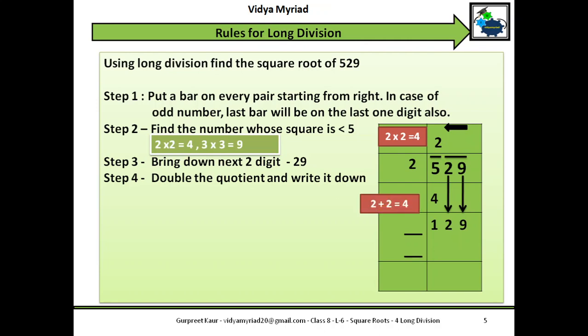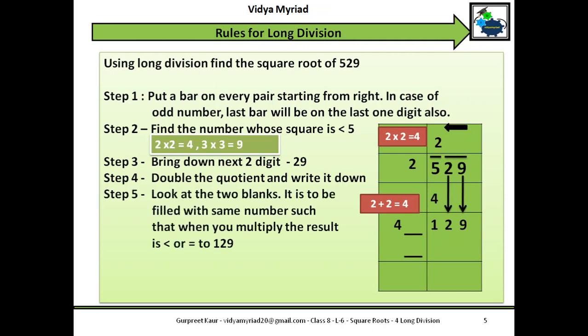Okay, so when I do 2 plus 2, 2 plus 2 is 4. I will write it like this. And I have put a 2 dash. That means I will again take a number in a double form. Like if up is 2, then down will be also 2. If up is 3, then down will be also 3.